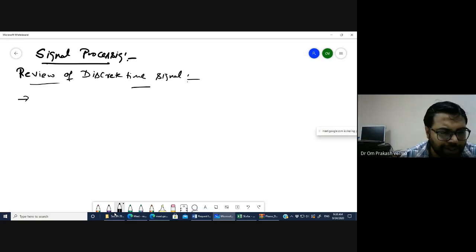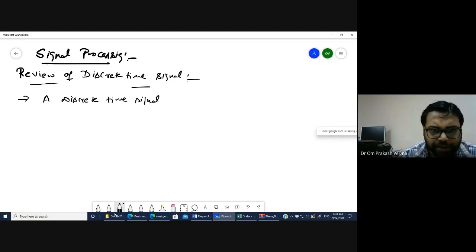First, how the discrete signal is represented. Okay, so I'm writing this discrete signal, a discrete time signal. It is basically a sequence. It is also known as a sequence